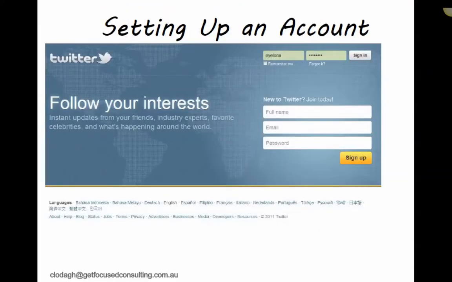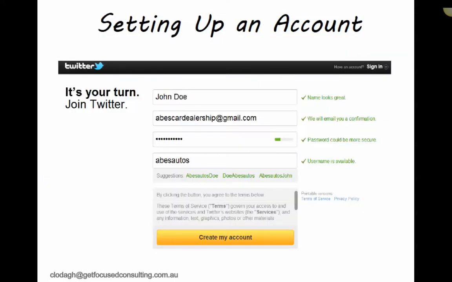So setting up an account, you just simply go to twitter.com and choose a username. You can have a nickname or your own name, put it together, and choose a password. You have to register with an email address. It's one Twitter account per email address. And if the name isn't available, usernames will be suggested to you, which might put some numbers at the bottom of it. So that really is as simple as it is to set up an account.